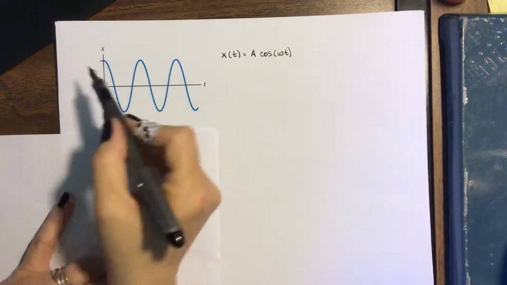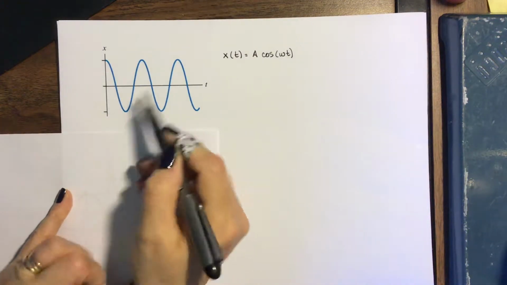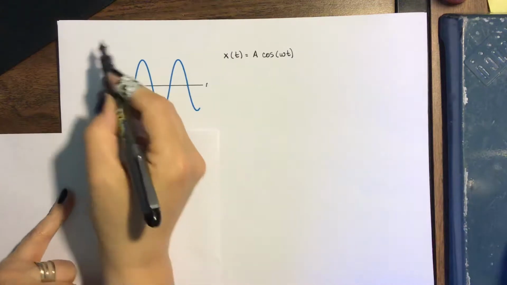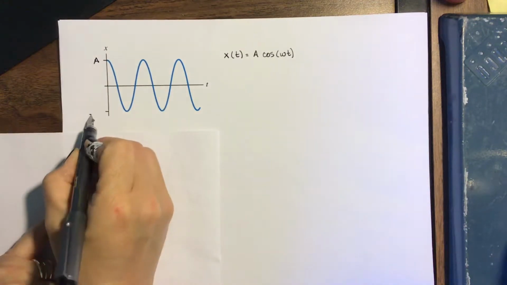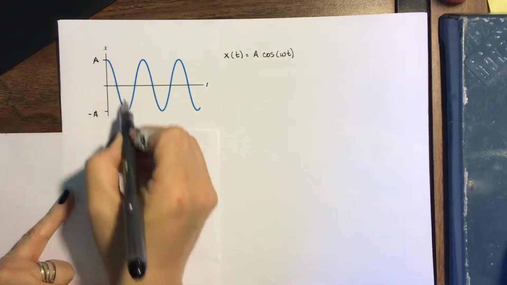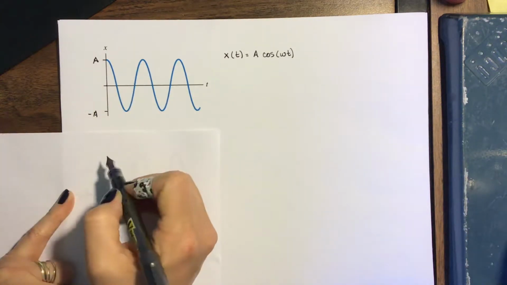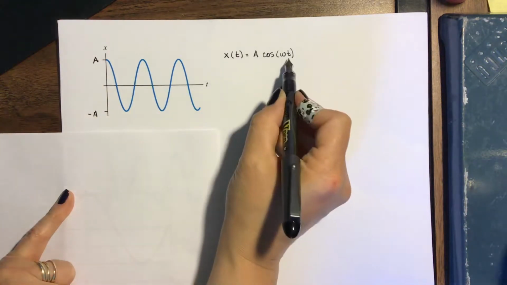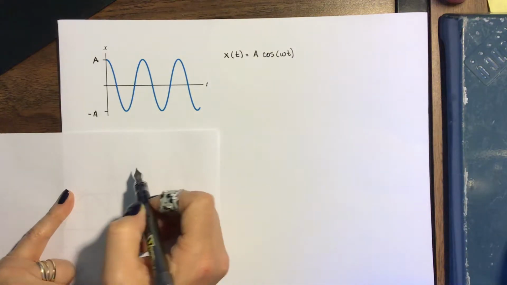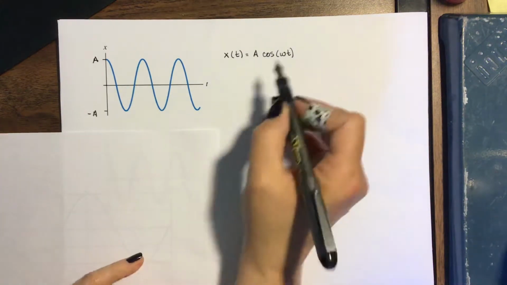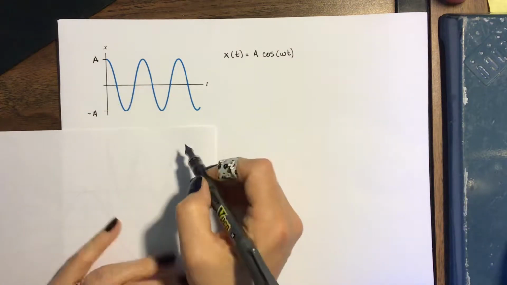Starting point of our graph. This graph is represented by A, some maximum value, times cosine because it's an oscillation, times omega times time because it repeats over some time scale, and it depends on the time t. So if we look at this graph and we ask about cosine and the starting point, we might ask,